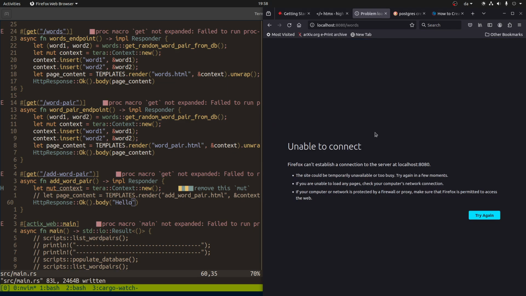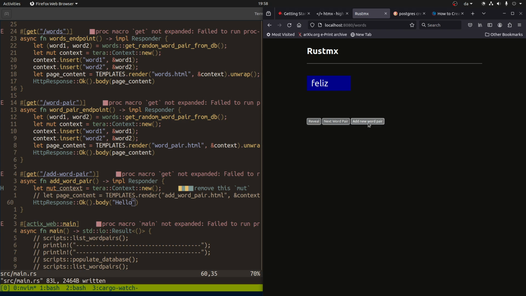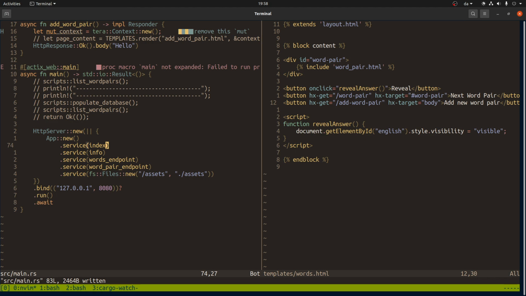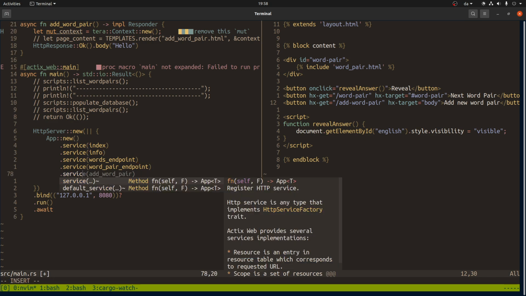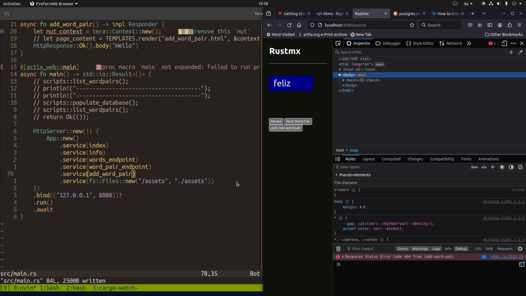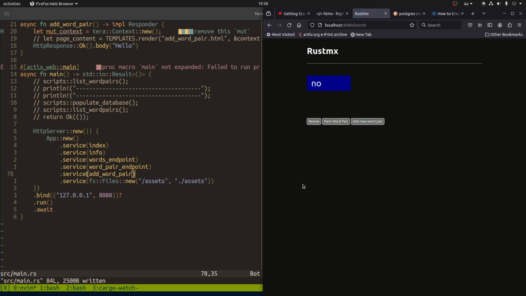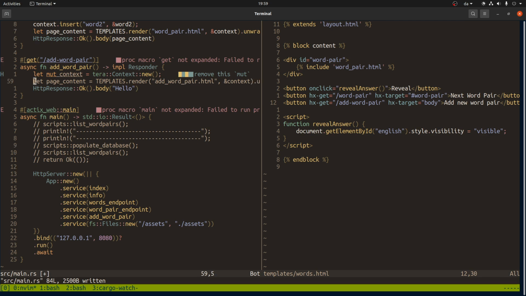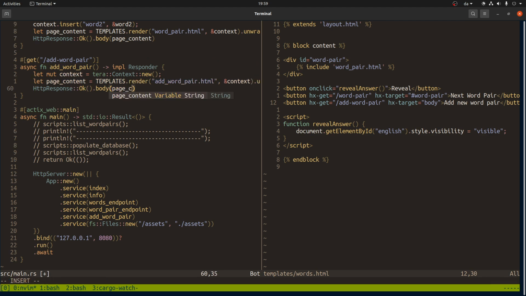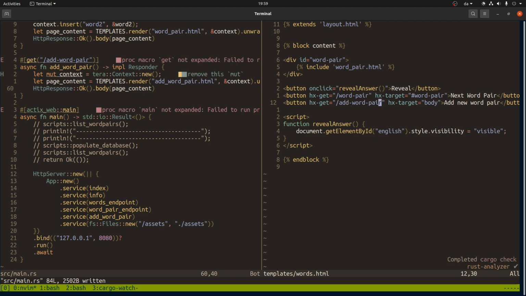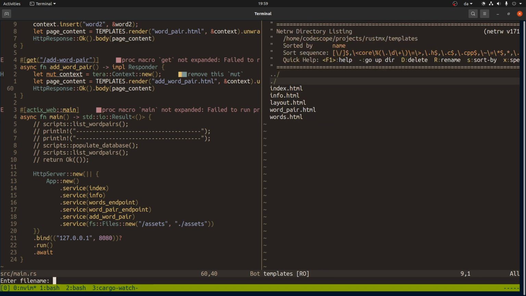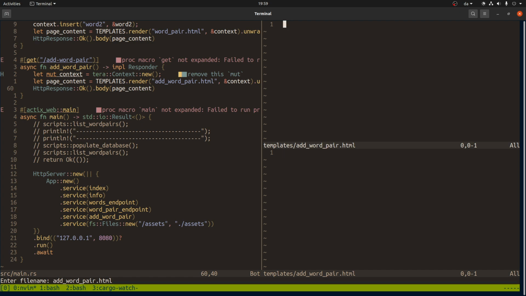So recompiling. Now if we go here, it still doesn't work because we didn't register it. So you have to remember to register. So now recompiling. And now we have the new page up and running. So it needs a template, and in here we should say page content. And let us now make that template, add word pair, HTML, and